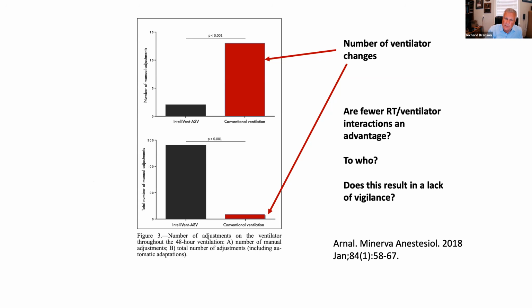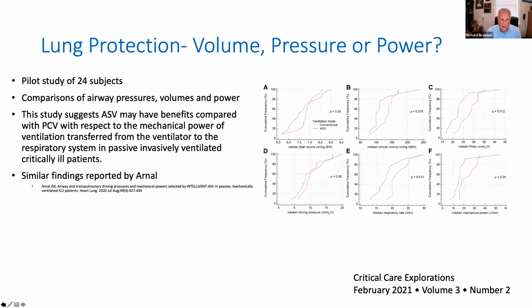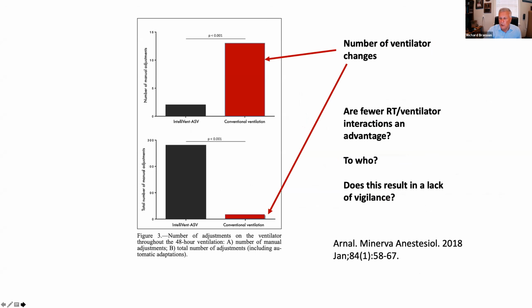And there has been some concern that any closed loop technique might result in lack of vigilance by the caregivers. They go, you know what? I wouldn't have to worry about it anymore. I don't need to go check on that patient. So most closed loop systems now are putting in alarms to let you know, hey, the FiO2 is increased by 20% in the last 10 minutes. And I haven't allowed the patient to become hypoxemic, but you better come in and figure out why this oxygen